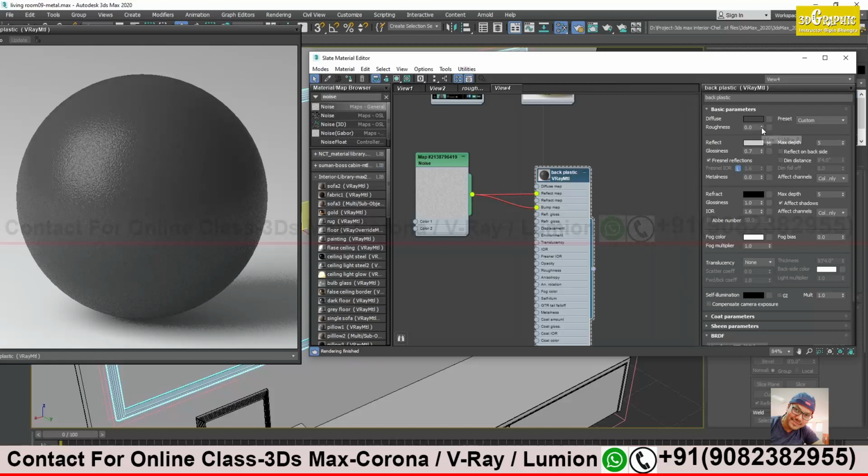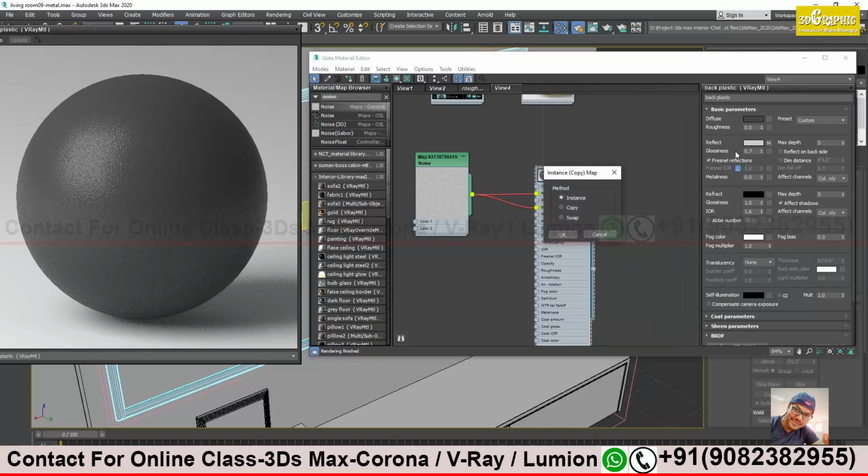You see, I make it 1, it's getting darker. When I reduce it to 0, you see the color becomes lighter. Just see over here, this dark area. So if you apply a texture, the texture will take control of it. Then there's no need of changing the values.